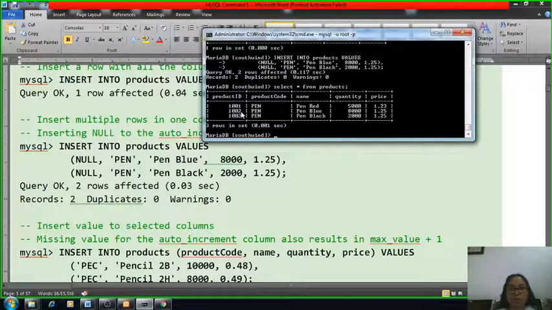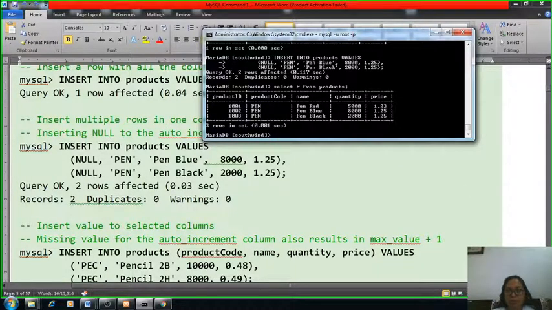So the next product IDs are 1002 and 1003, with pen blue and pen black, quantities 8000 and 2000. So this way we can add multiple records simultaneously inside your table.